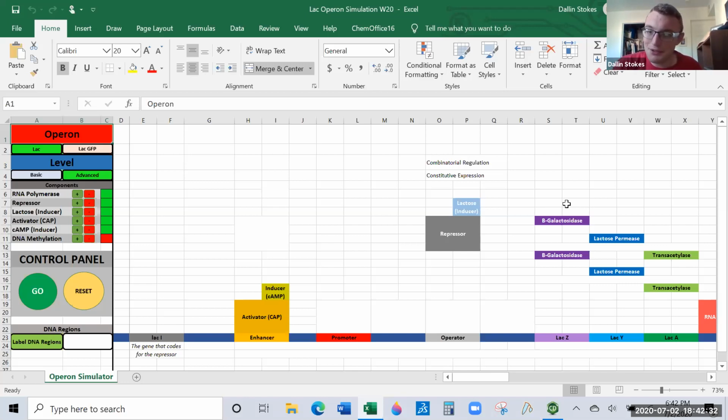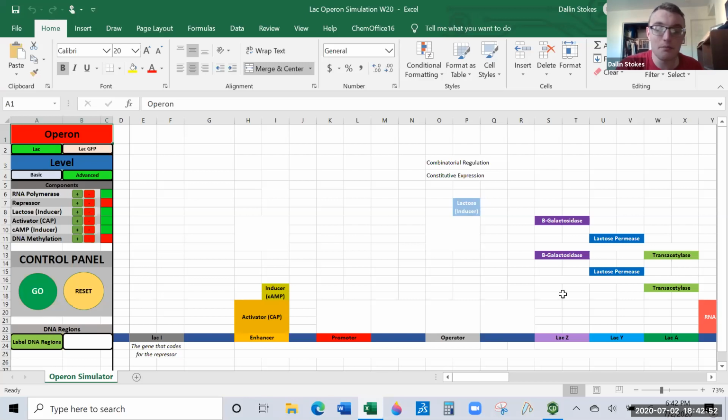But what if we get a mutation in the gene that makes the repressor for those dividing genes? Then that would mean either that or we methylate that gene. But more commonly, it would be a mutation. If we ruin that gene over here, it won't make the repressor anymore.